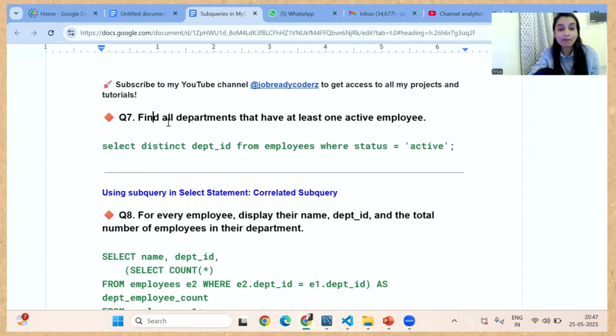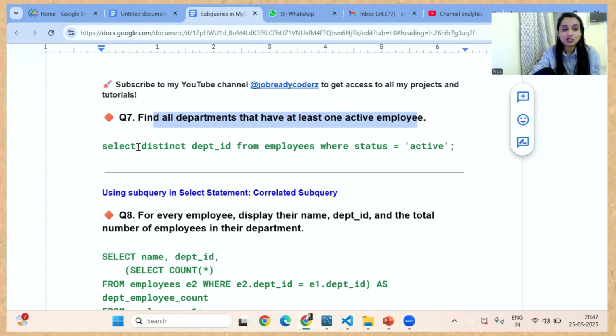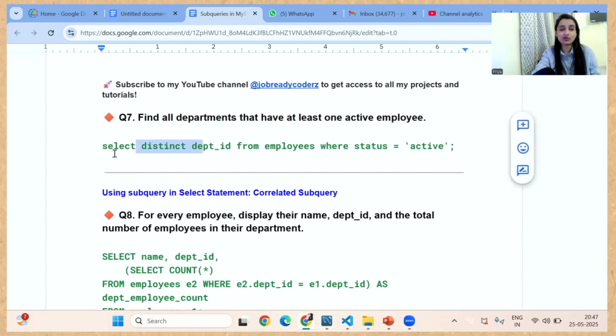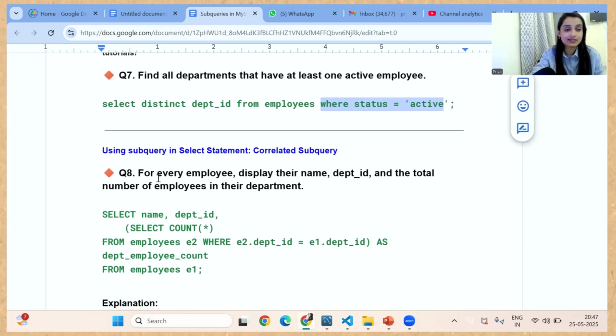Find all the departments that have at least one active employee. You can solve it by yourself, guys. We have to find all departments that have at least one active employee. So we will find the distinct department ID where status is active. Okay, this is a simple one. So next,